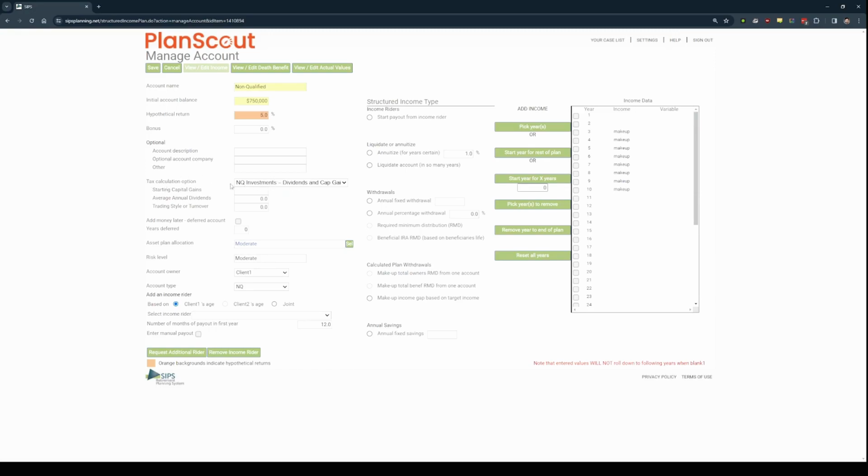When we select this tax calculation option, we'll have 3 new fields down below. The first one is starting capital gains. This represents the unrealized gain if it's positive, or the unrealized loss if it's negative, within the account at the start of the plan. So in year 1 of the plan, what are the embedded gains or losses? If we have a $750,000 account and it's got $600,000 of embedded gains, then we would put $600,000